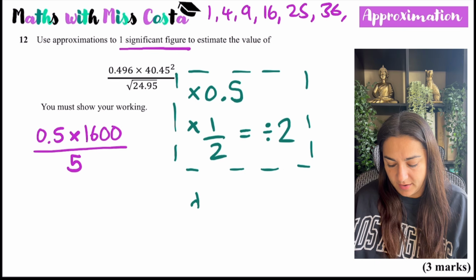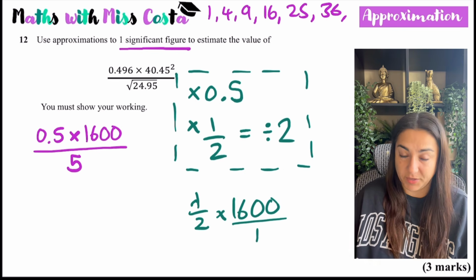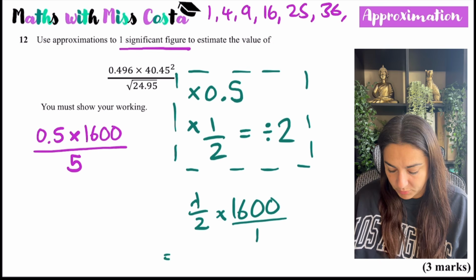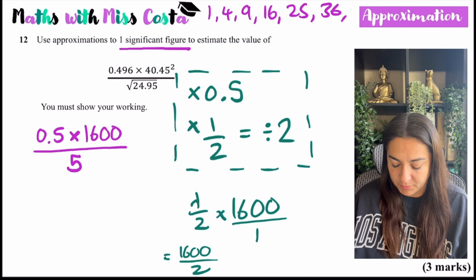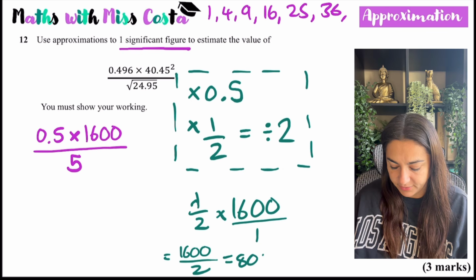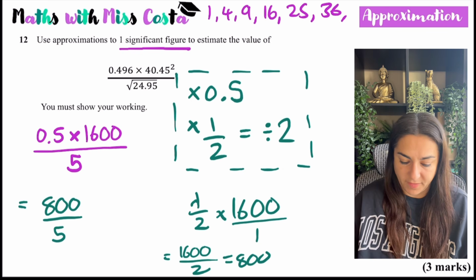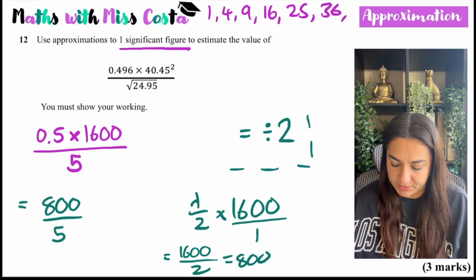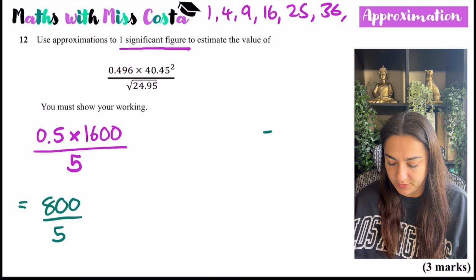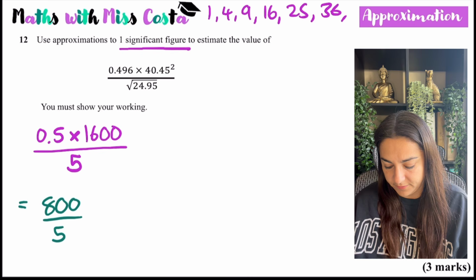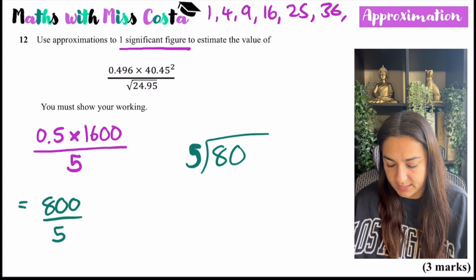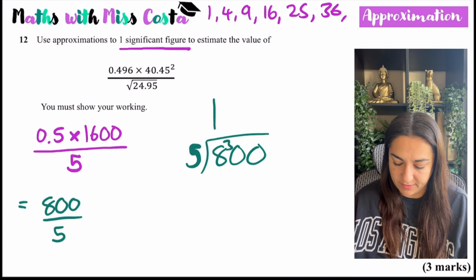So a half times by 1,600. The reason for that is because this would become over 1, and you multiply 1,600 and you multiply 2 times 1. So that's 800. So our numerator is going to be 800, and then I need to divide it by 5. So I can just do that using short division. So 800 divided by 5. 5's into 8 go once, remainder 3. 5's into 30 go 6. So that would be